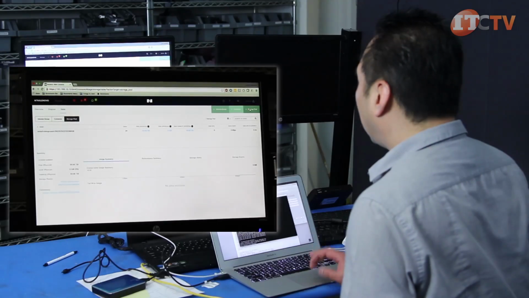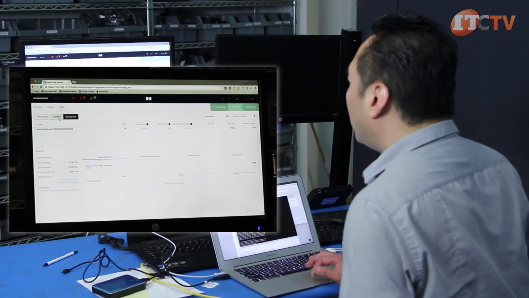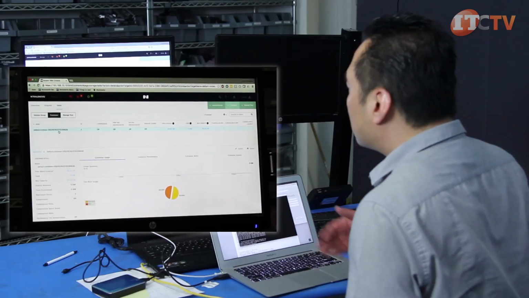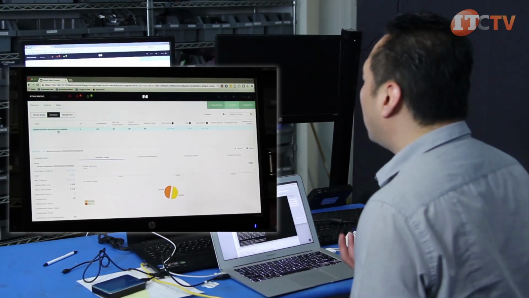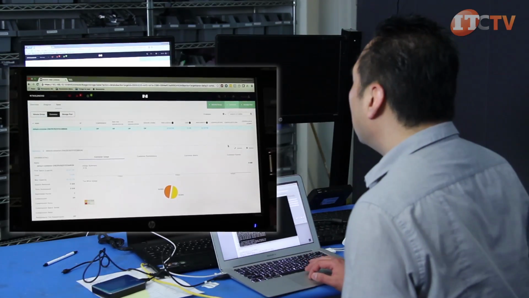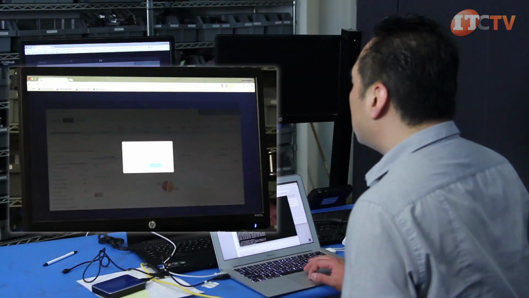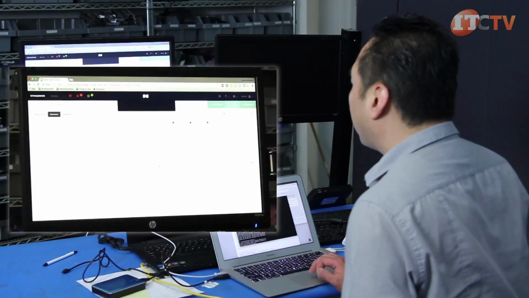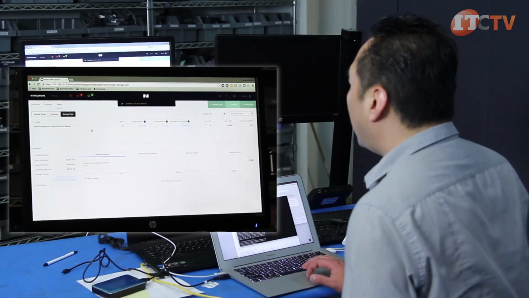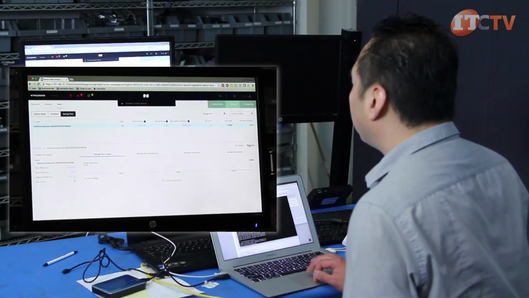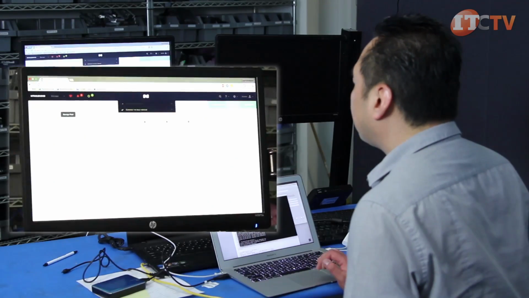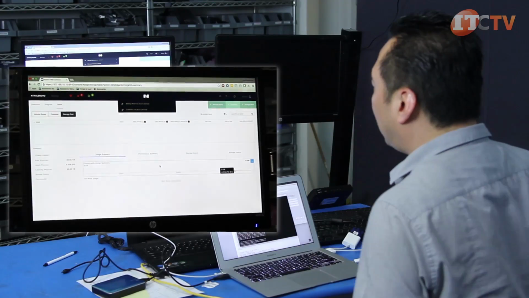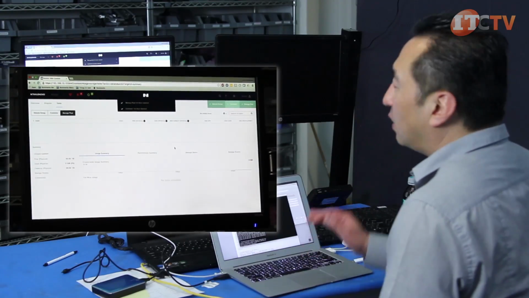I'm actually going to delete all these containers, and I'll create these from scratch again to show you how to create these things. So I'm going to delete this container, and then I'm going to delete this storage pool. All right, now that all the containers and storage pools are deleted, to create a new